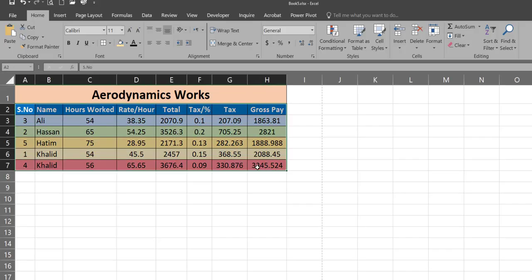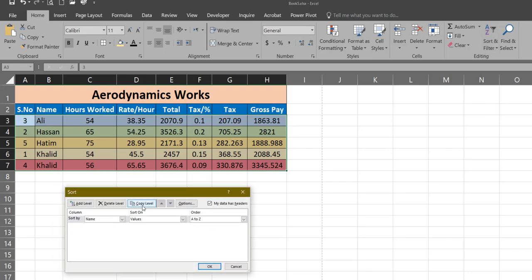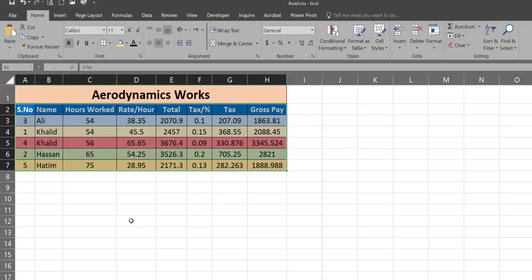Then again we can try the other option. You can come here, this is under the home tab, and we click custom sort. Now we can select on the same one at the moment, let's say hours worked. Now you can see here it says smallest to largest, so it means these are numbers. So we will select this one and click OK. Now you can see they are all sorted according to this.